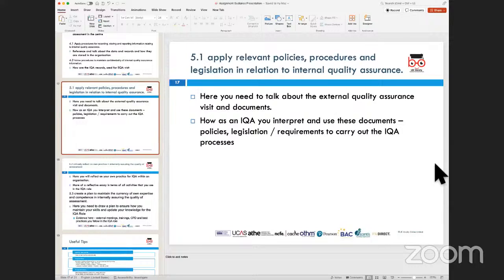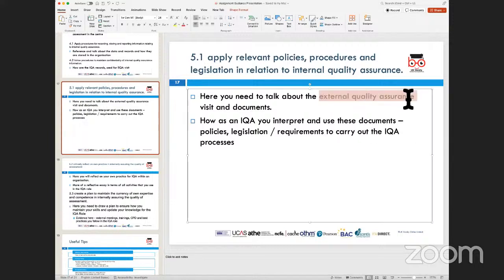So there are certain center documents, or guidelines, which are provided for you to be able to run that qualification in the center or in that organization, training company, whichever way you put it. They will need to be followed to ensure that you are meeting the quality standards. So here, what you would need to do is reference external quality assurance documents that are used as guidelines, and bring them into your organization